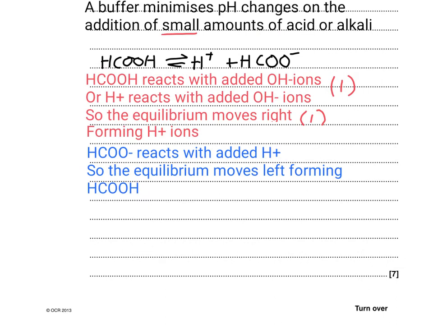So on adding an acid or H plus, the equilibrium is going to move to the left, forming more of the methanoic acid. Okay, again, there's 2 marks here. You get 1 mark for explaining what reacts with the acid, and 1 mark for saying which way the equilibrium moves. So far we've got 1 mark up here, 1 mark for the equilibria,